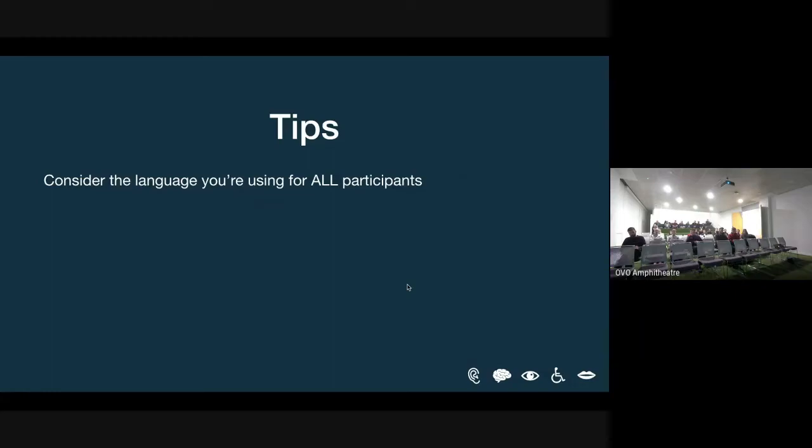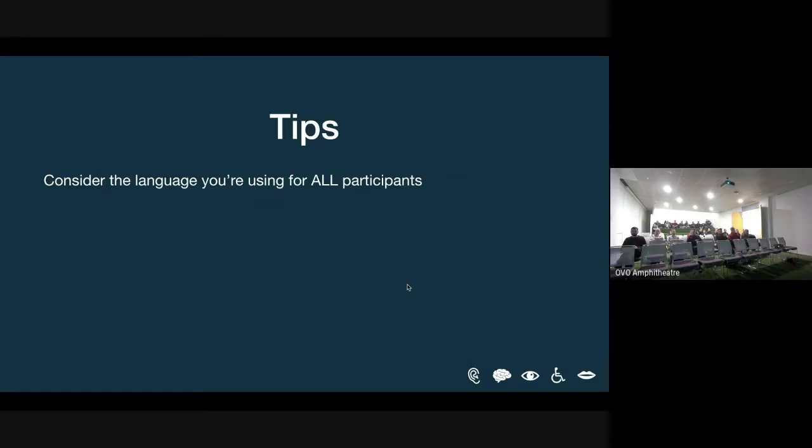Common courtesy, really. Consider the language you're using at all times. When I say all, again, this applies back to anyone. Plain English. I have heard researchers use jargon and acronyms, stuff that isn't regular common language. Don't do it, ever. But in particular, when you're working with people with cognitive disabilities or learning difficulties, and also